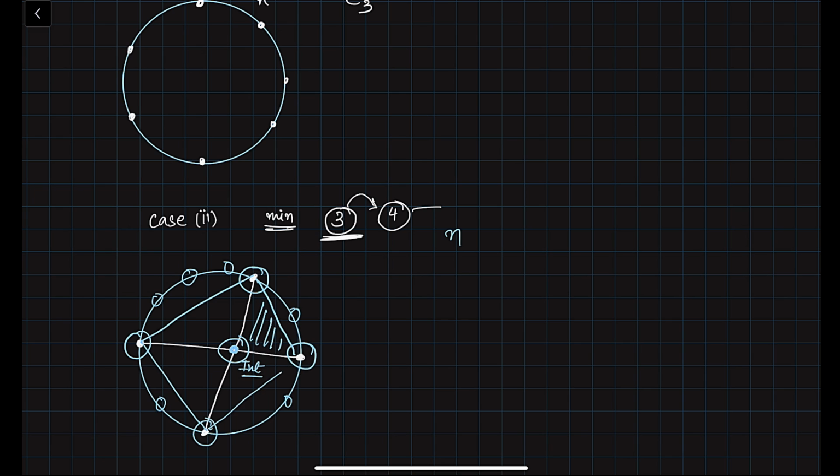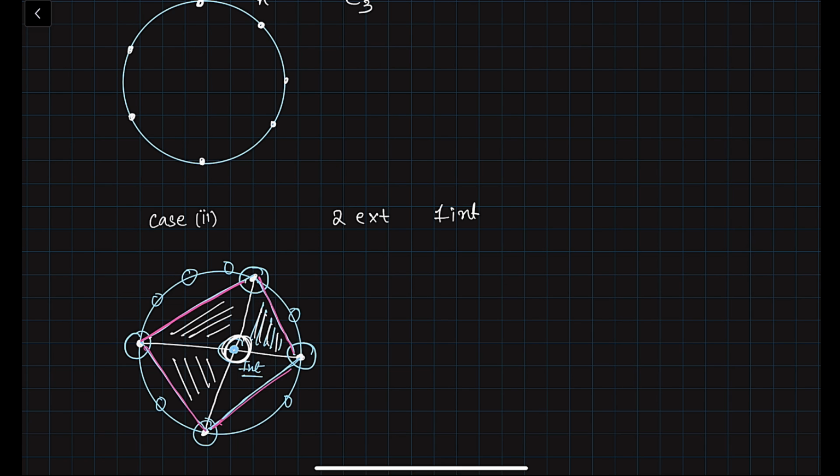Okay? So let us consider this only for the time being, that these 4 points are present, where we have to consider 2 external and 1 internal. So this is the internal point and these 2 external points, this is one triangle. Then if we take these 2 external points, this is another triangle, another triangle, another triangle. So we saw that if we take 2 external and 1 internal points, the minimum number of points needed is 4. Okay, and corresponding to these 4 points and these external and internal points, we are able to form 4 triangles.